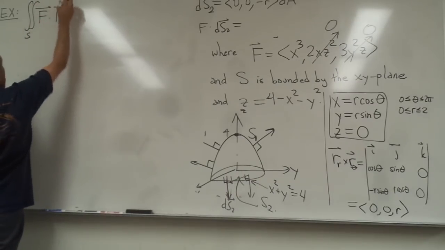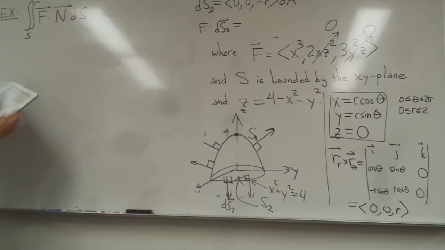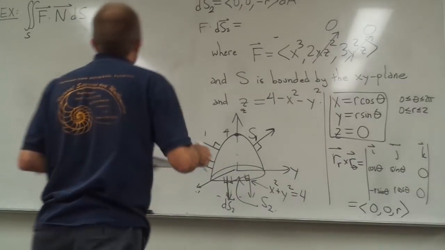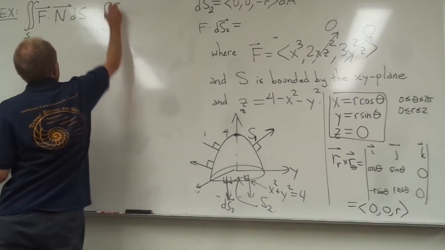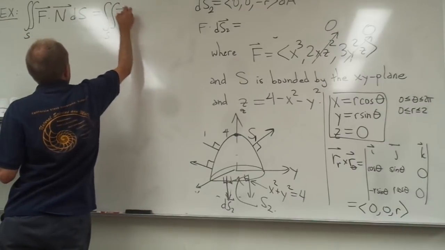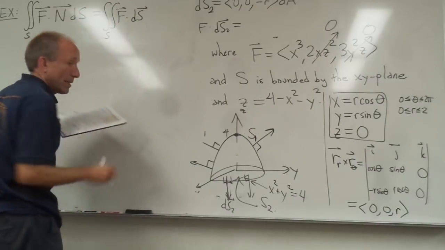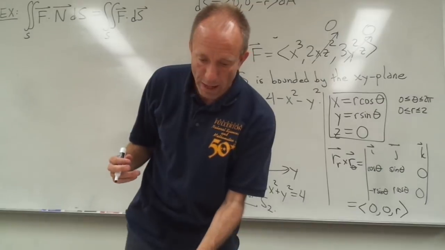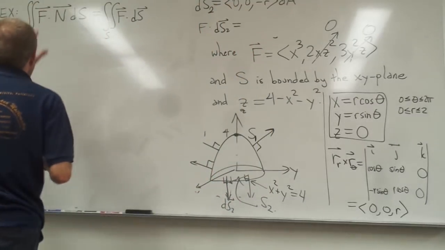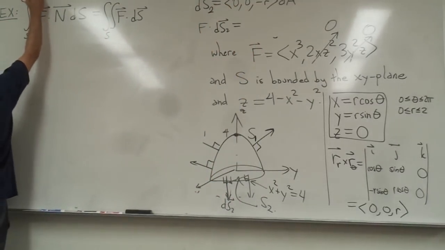I just want to remind you the book will write the flux integral that way with an n vector. But this is really just in my notation, which I like better. And I am going to use my notation on the exam, for instance. So just be aware of that. We're going to calculate this thing. So we're going to compute this flux